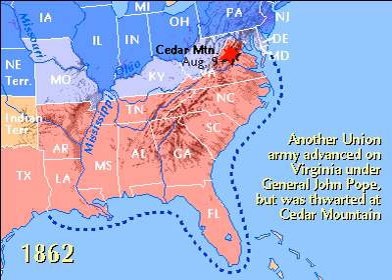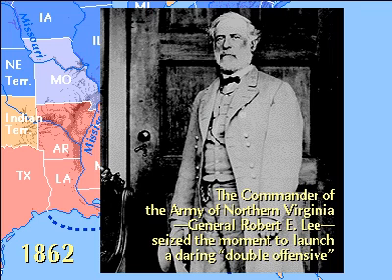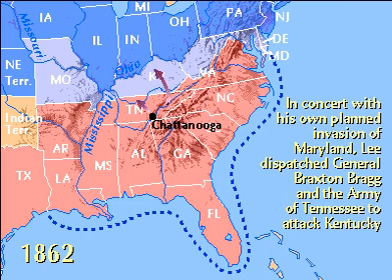Another Union army under General John Pope was defeated at Cedar Mountain in Virginia. Driven back to Manassas, Pope attacked the Army of North Virginia in the Second Battle of Bull Run, but was pushed back across the Potomac. General Robert E. Lee had driven the Union out of Virginia. He seized the opportunity to launch a daring double offensive. If he could take Louisville, Indiana and Ohio would be open. In concert with his own planned invasion of Maryland, Lee dispatched General Braxton Bragg and the Army of Tennessee to